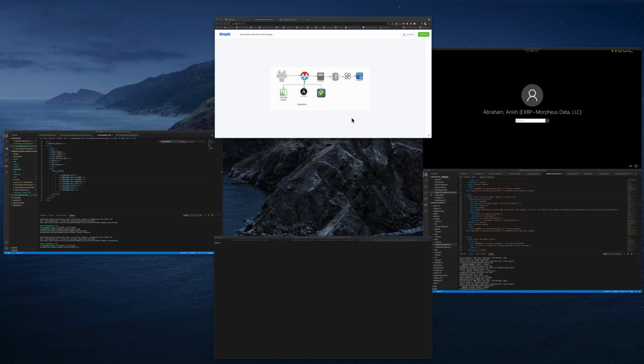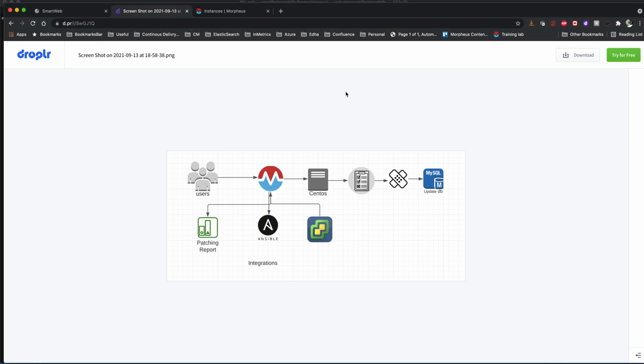Okay, so what we're going to do in this exercise is patching, how to do patching with Morpheus using Ansible. So the idea is I want Morpheus to deploy servers. So I'm a user who wants to do self-service. Morpheus will deploy the servers with the application stack or with the services I want them to be installed on